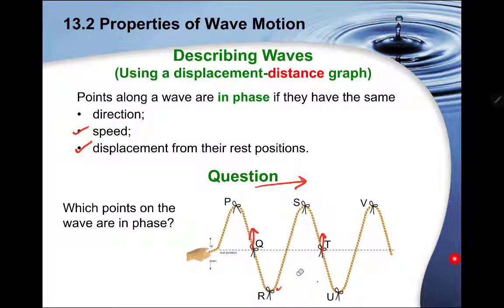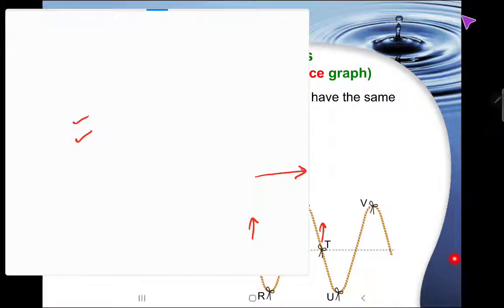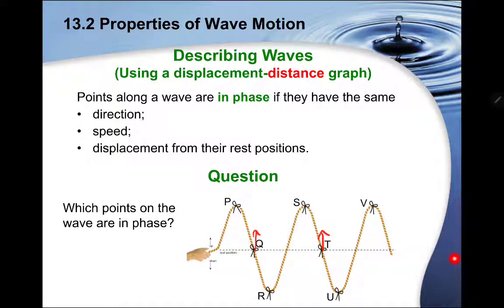Alright? So you see that, hey, Q and T, what's happening? Q and T are both moving up. So they have the same displacement, speed, and direction. So Q and T are also in phase. I think just now I pointed it out. If you've noticed, basically,